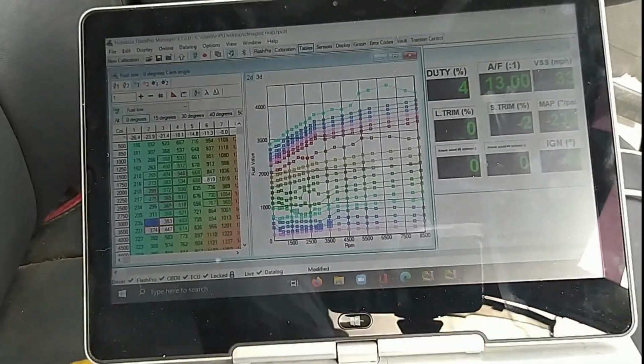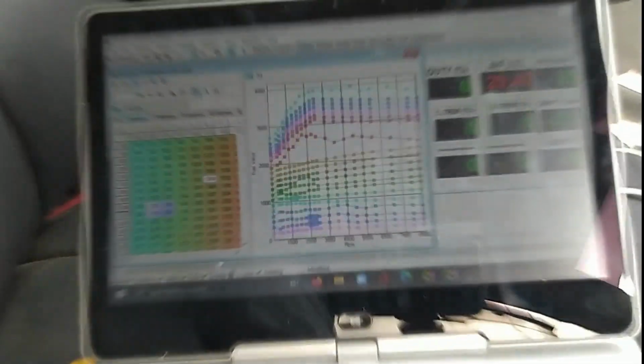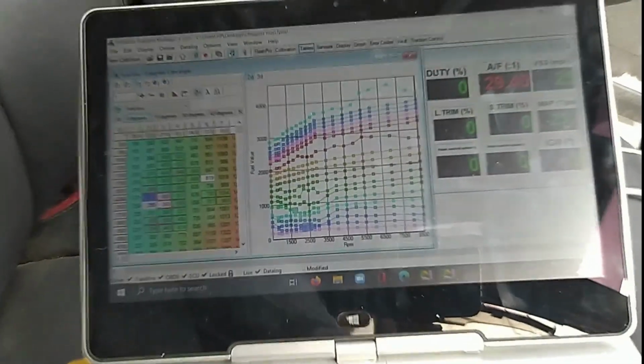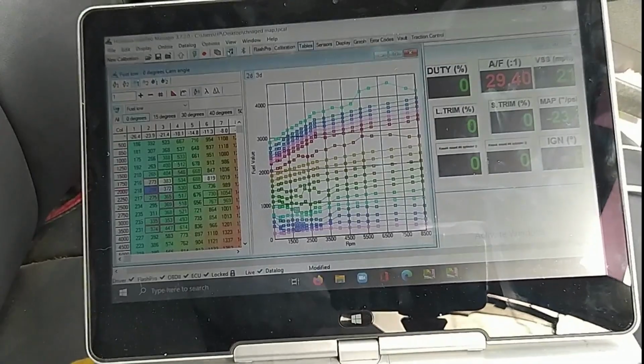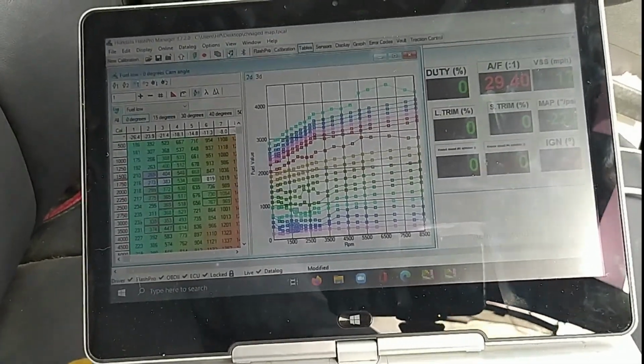As you can see in some columns, the trims have moved to -10. Let's see how much time it takes to correct the changes I made.